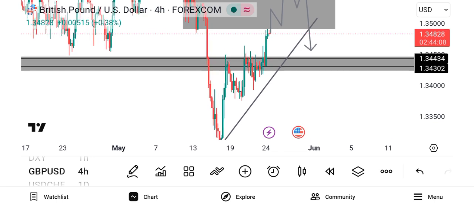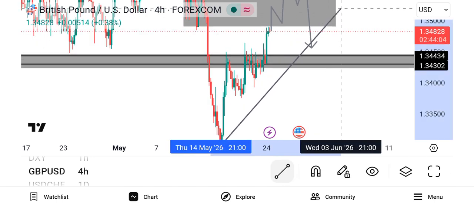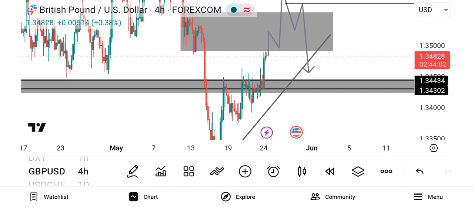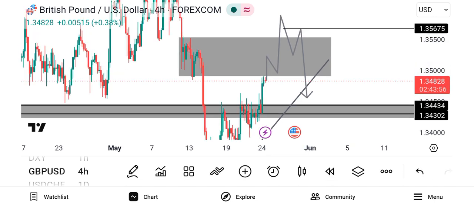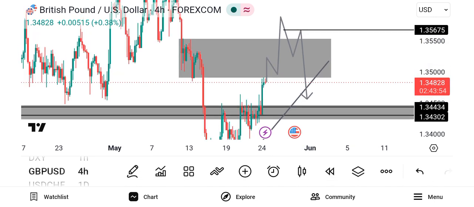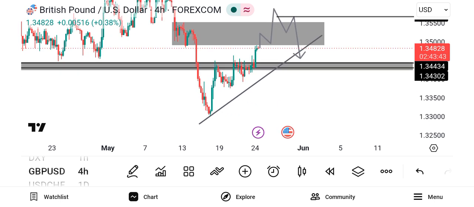sometime last year or the last 2 years, I would wait for a candlestick counter trend line to break. But since I understood this particular concept, I no longer wait for the counter trend line to break. I always get my trade early before the counter trend line breaks, and it also gives me a very tight stop loss. In case anything happens, it will just knock me out with a very small, tight stop loss. So this is what I'll be waiting for on GBPUSD.